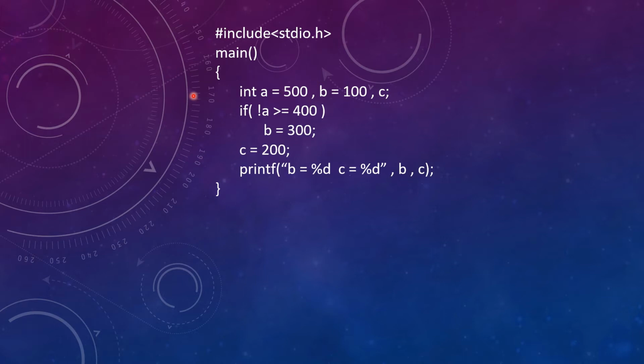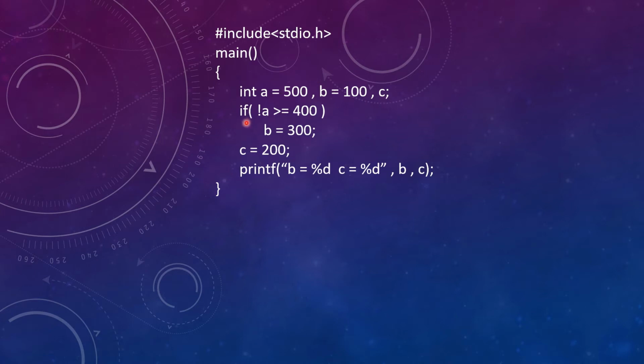So as you can see in the very first line, we are declaring three variables: variable A, variable B and variable C, right? And we are initializing the value in variable A, that is 500, and we are initializing value 100 in variable B, and we are not initializing anything to variable C as of now. Okay, so it will be having a garbage value in it at initial phase. It's a local variable, so local variables always have a garbage value inside it.